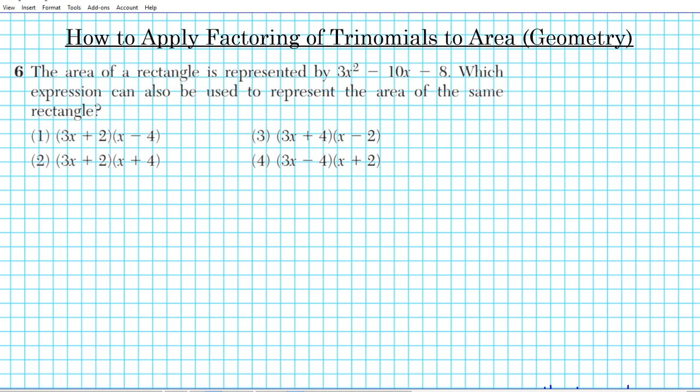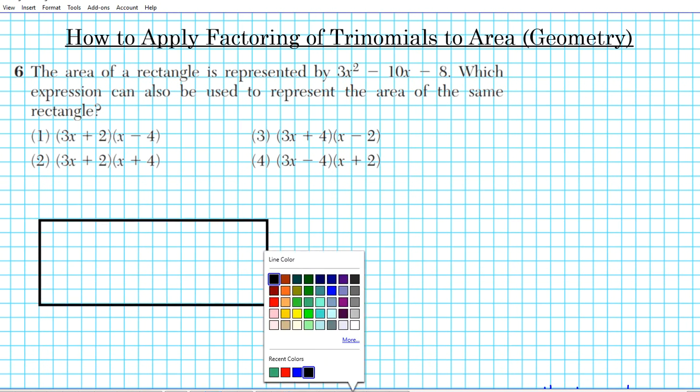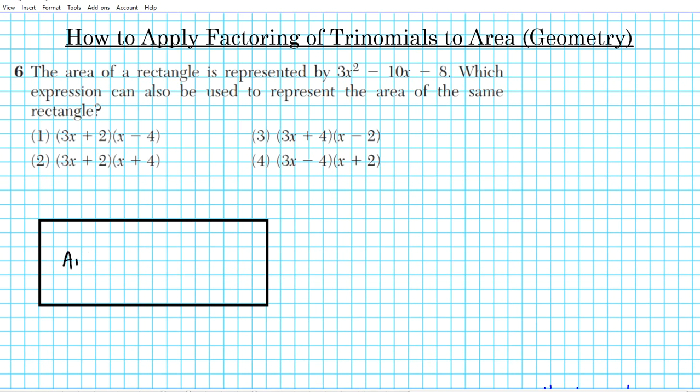Okay, so let's just give ourselves a visual representation of what's going on here. So we have a rectangle, and the area is given by the expression 3x squared minus 10x minus 8. And from geometry, we know that the formula for area is length times width. So what binomial expressions can we use to represent the width of this rectangle and the length in such a way that when we apply this geometry formula, area is equal to length times width, we will end up with